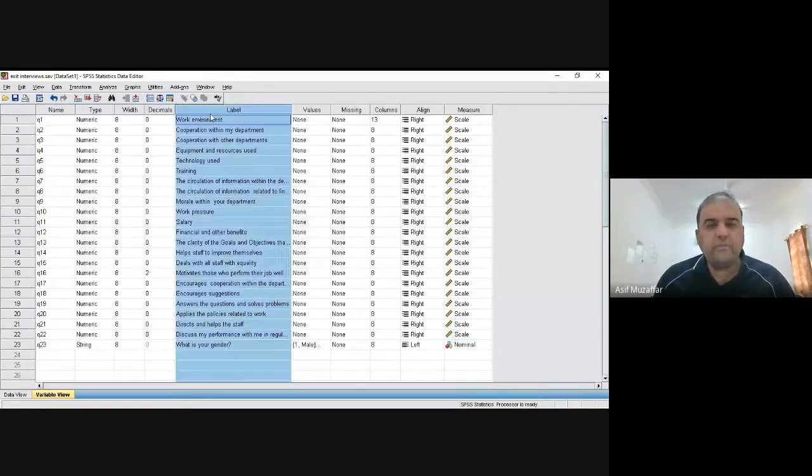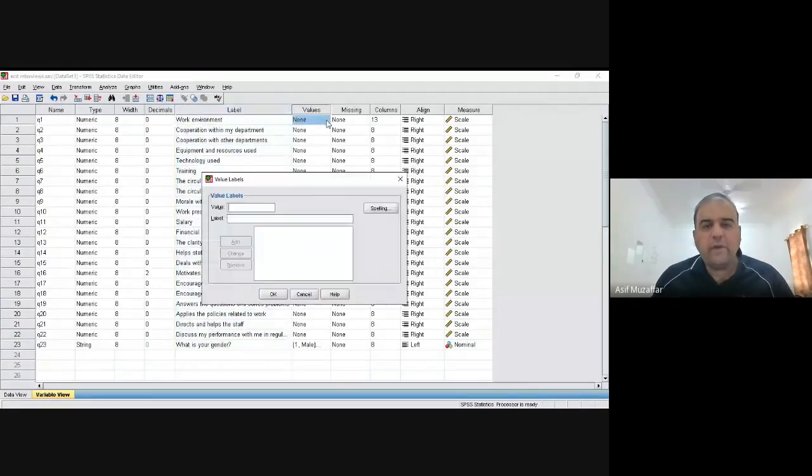Okay, now see, I will define the values. If the value is 1, that means strongly agree. I will add it. If the value is 2, I will give it a label agree only. Sorry.